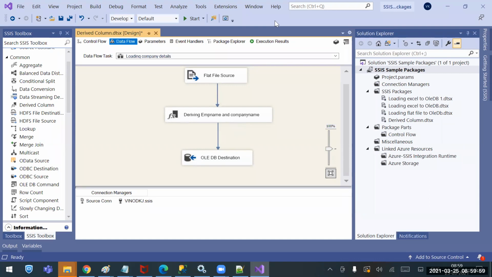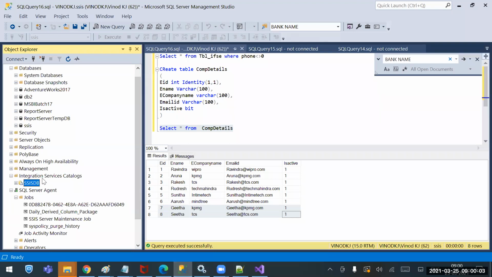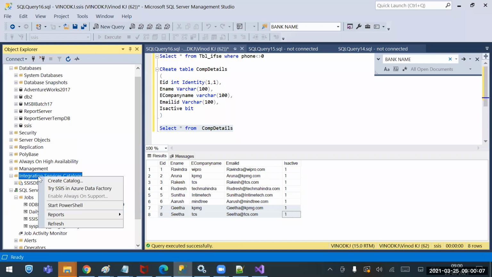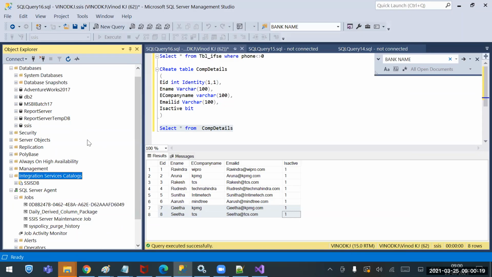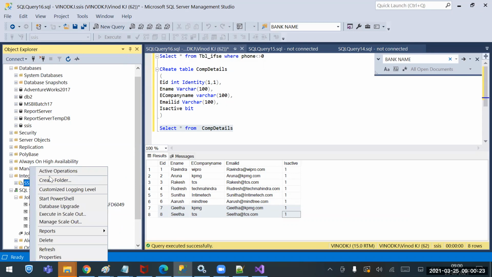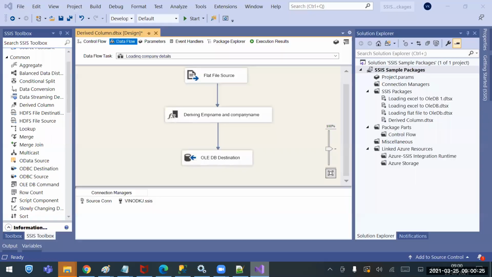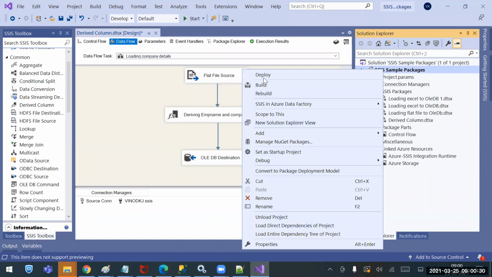Repeat that. Yes, sir. First of all, we need the Integration Services Catalog to deploy the packages. First right click and create a new catalog with this DB name, click on enable CLR integration, and provide the username and password. Do remember that password. Now under that, if you want to create a new folder, you can create it here itself or later. Now go to your packages, right click, click on deploy